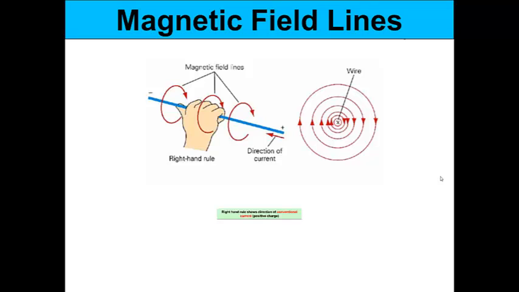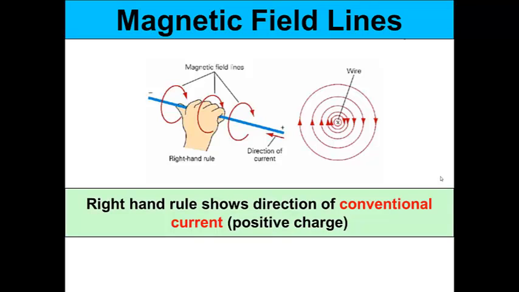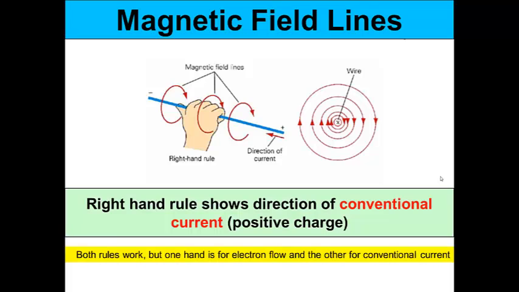The right-hand rule shows you the direction of conventional current, so the direction that the positive charge will flow. Both rules work, but you have to remember that the left hand is for electron flow and the right hand